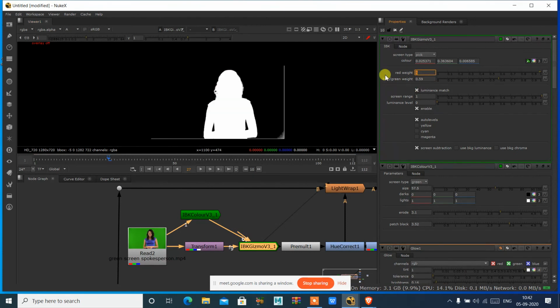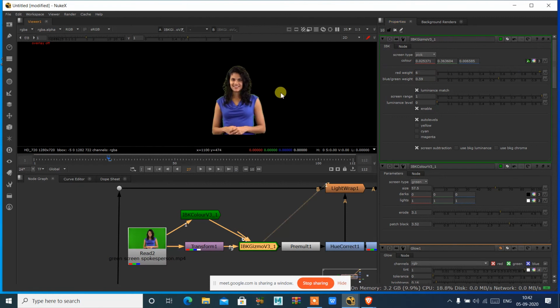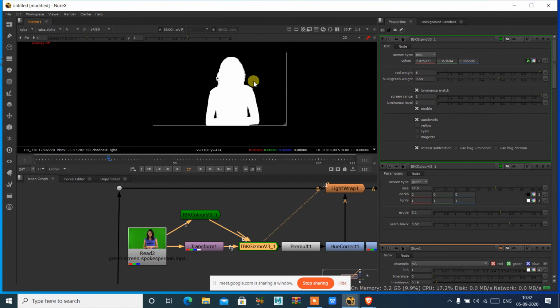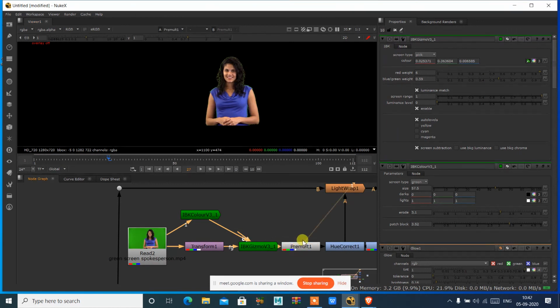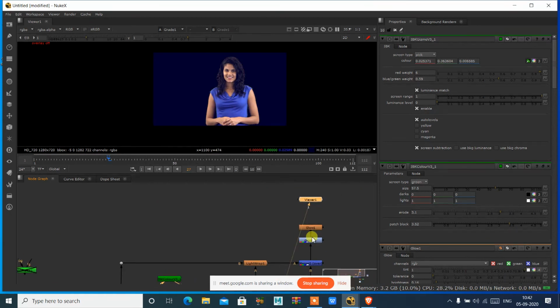Red weight, if I just use 6, okay, so we have totally removed all the noise from the background now. So you can see it. After that, the rest you correct, same process, and it will be done.